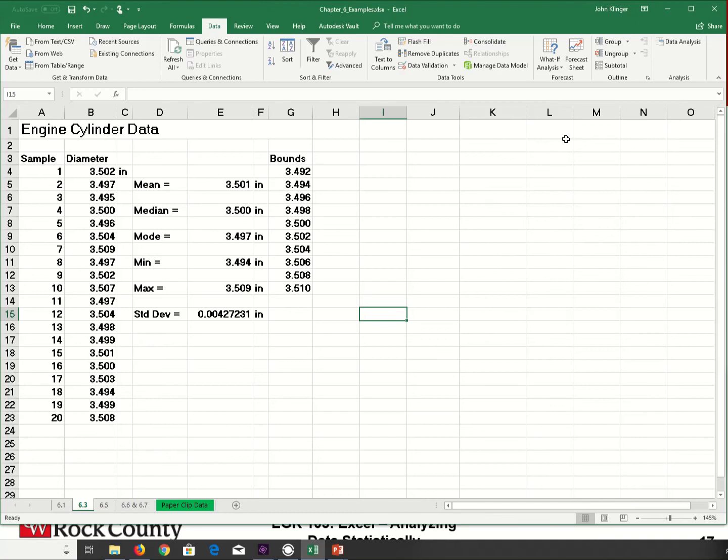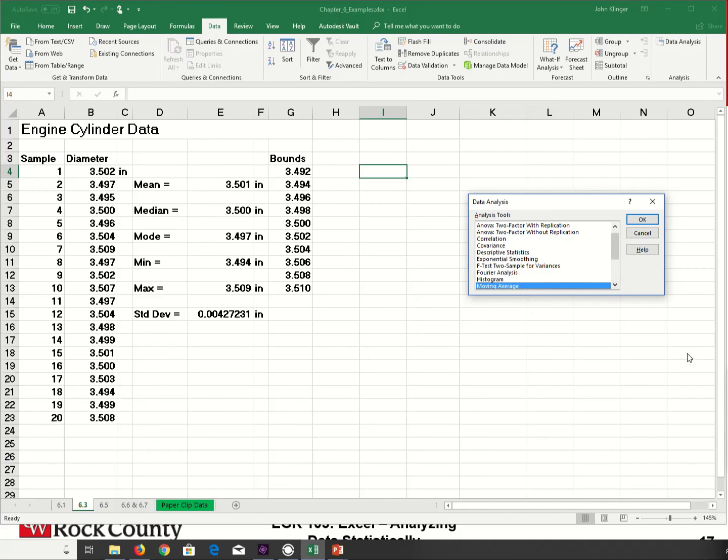Okay, so here if we look under our Data tab, I'm on my Data tab, you'll see in the Analysis area here is the Data Analysis. And what we want to do is see if we can find a way to come up with the results that we have here in a lot easier fashion. So if we go here to Data Analysis,